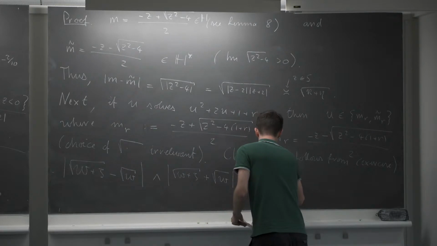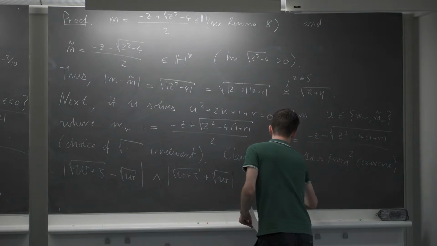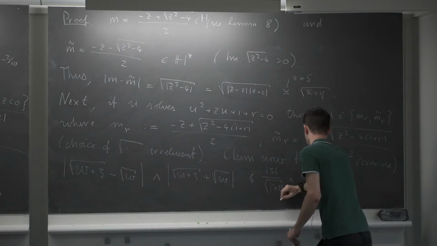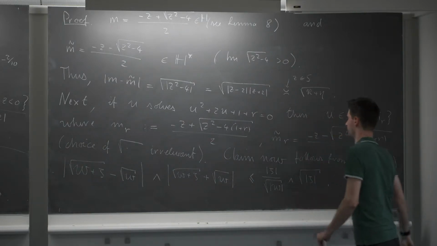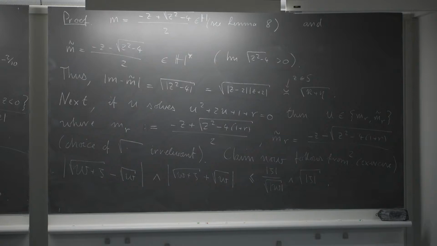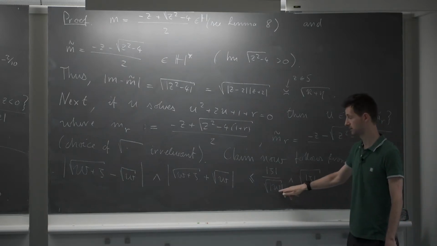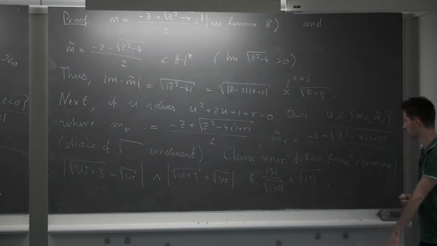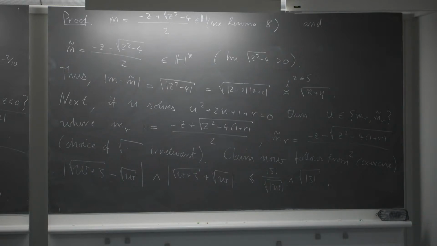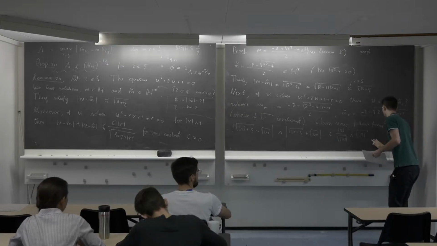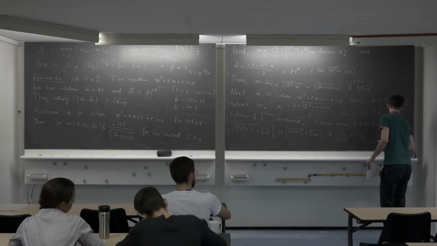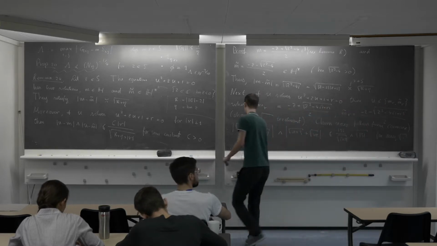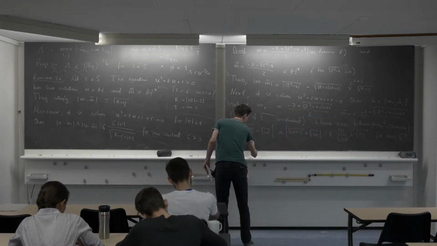And this is bounded by the absolute value of zeta divided by the absolute value of w, and then the minimum of, whichever is smallest, either the absolute value of zeta divided by the square root of the absolute value of w, or just the square root of the absolute value of zeta. So for any choice of the complex square root,